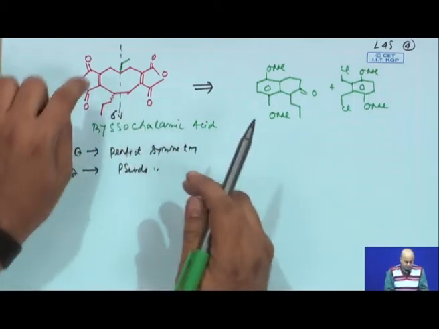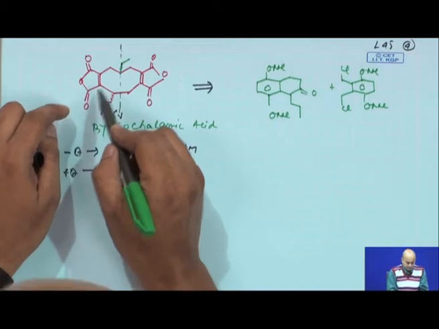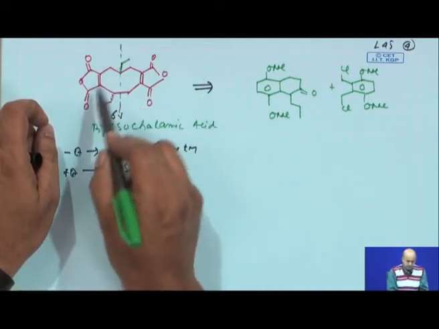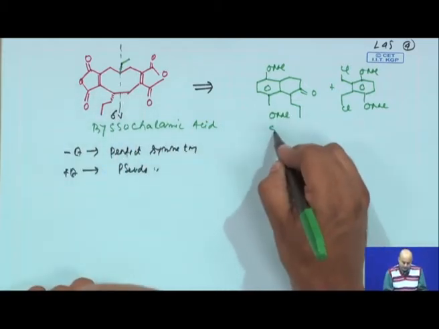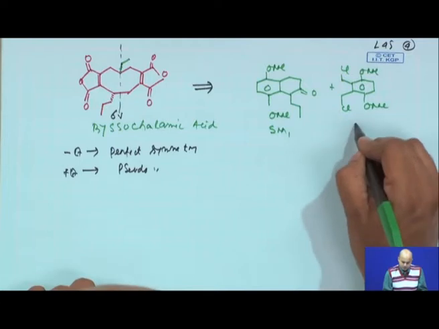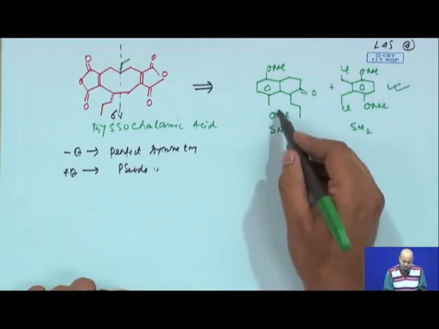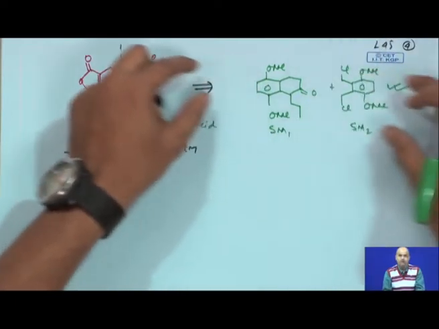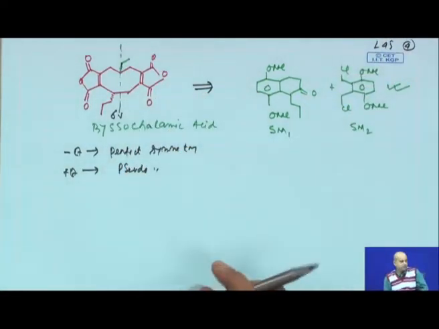Now, this molecule, I said this part is almost symmetrical. So, this part is having local symmetry. The central part seems to be symmetrical except this ethyl group. So, now I am saying that you can basically make this molecule through these two starting materials, where this one is perfectly symmetrical and this one is having local symmetry. So, a local symmetrical unit and a pseudo symmetrical unit together give you a pseudo symmetrical molecule.